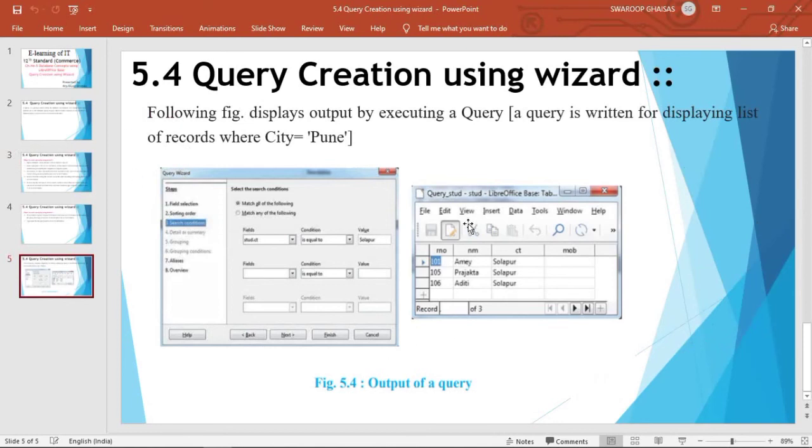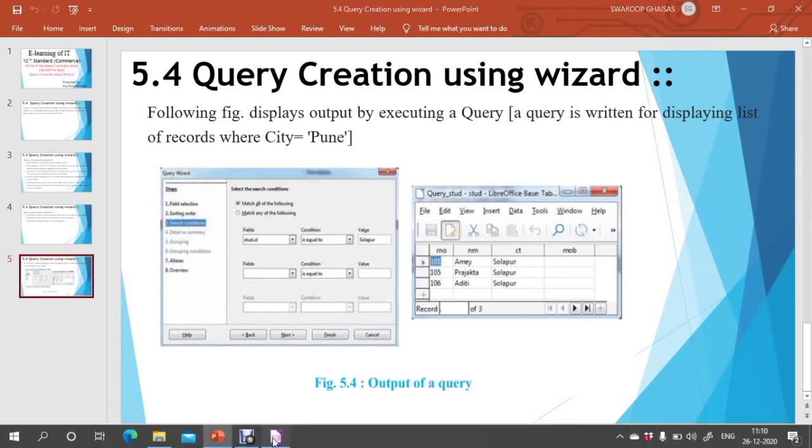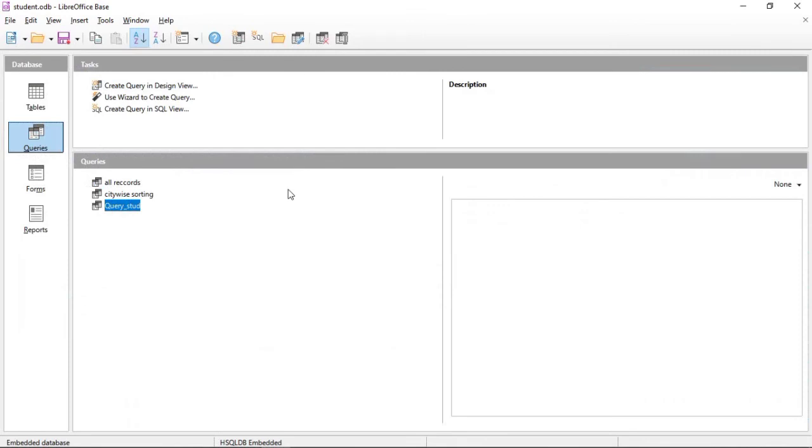See here, this layout you will get while creating a query, which we have already seen while creating the query in the wizard. So note down all these steps, and also try to create different types of queries in the query wizard in LibreOffice Base.